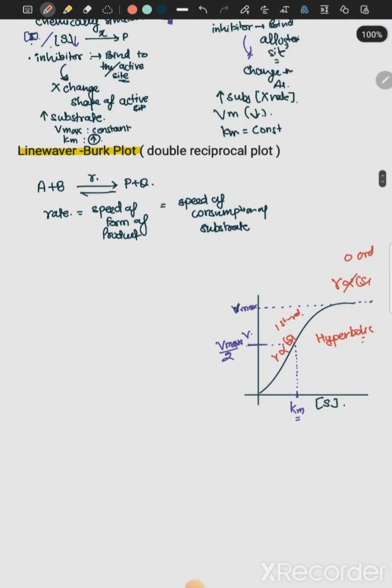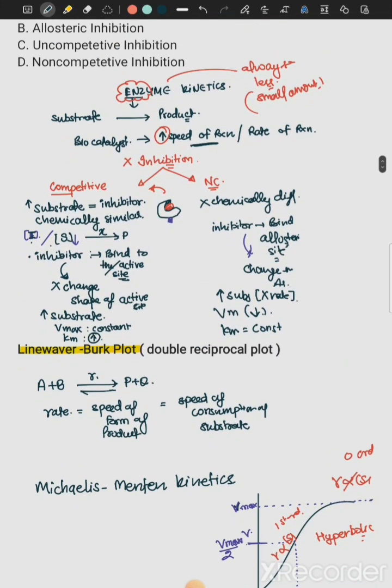This graph is famous and many times it has been asked. This is the Michaelis-Menten kinetics. Now Michaelis-Menten kinetics, this is the absolute saturation. Now if, like here, I told you that the Vmax is constant and Km value increases when substrate concentration is increased. So in competitive inhibitor,